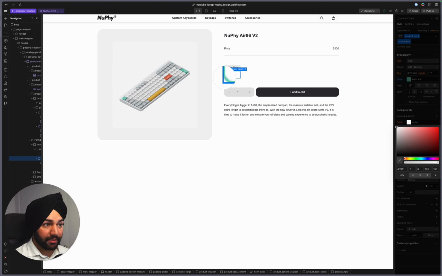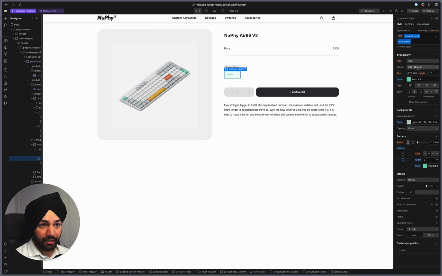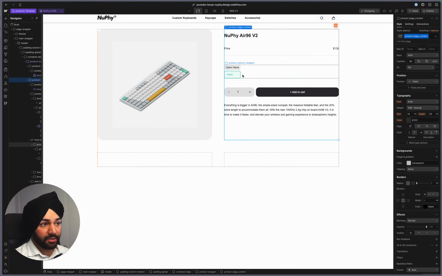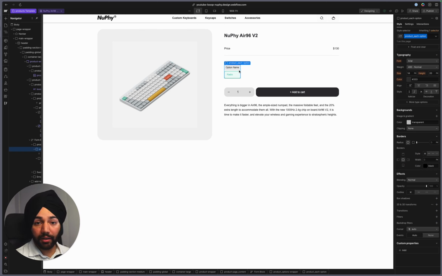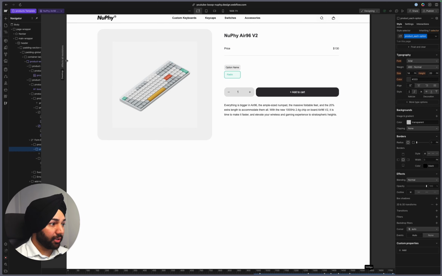So let's do this, and then some very light color, and then let's do this as bold. Okay, so that's how I would see it, right? So it looks okay now. And then we also need to make the color one where people can choose the colors, right? So to do that, what I'm gonna do is I'm gonna